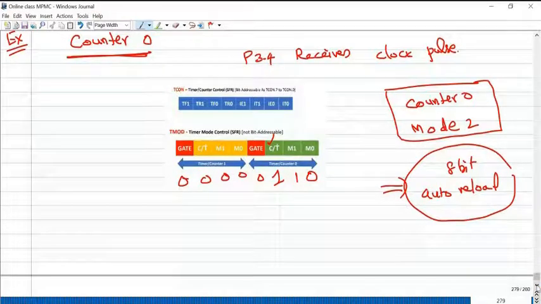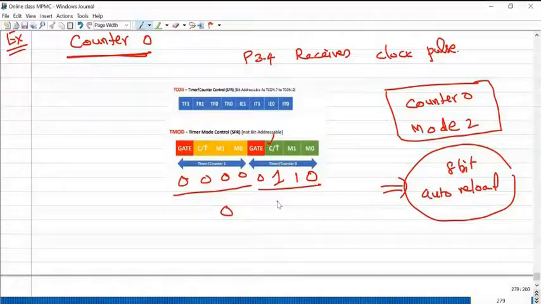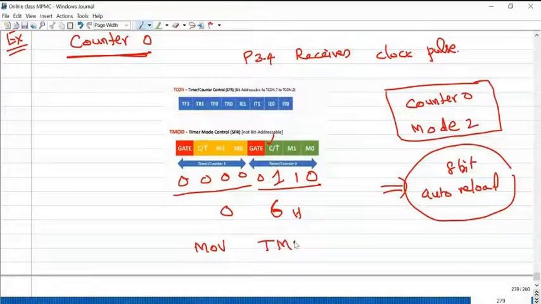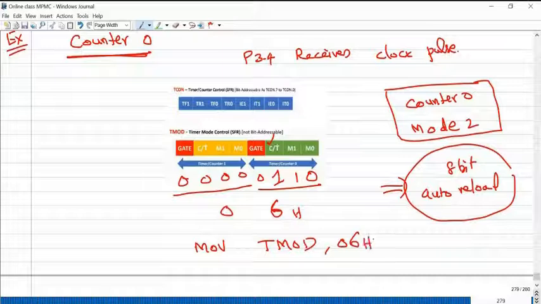So to configure counter 0 only in mode 2, 0 0 0 0 0 1 1 0, that is 06H. So MOV TMOD, #06H. This indicates counter 0 mode 2.